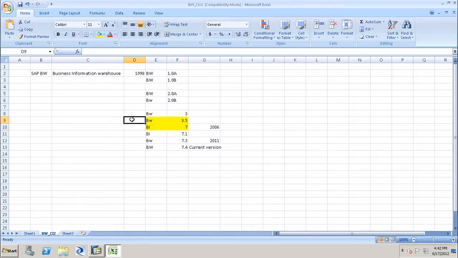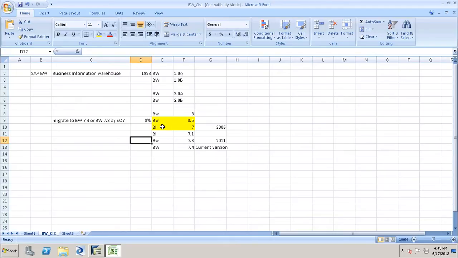As of now, there are still some 5% of customers using BW 3.5. I cannot say 5%, I can hardly say 3% are using BW 3.5. But these customers are also going to migrate to BW 7.4 or BW 7.3 by the end of this year, because SAP is going to stop supporting the older version BW 3.5. They have already given, I think, two years of advance notice to all the customers using BW 3.5. Stop supporting, in the sense, if there is any system bug,